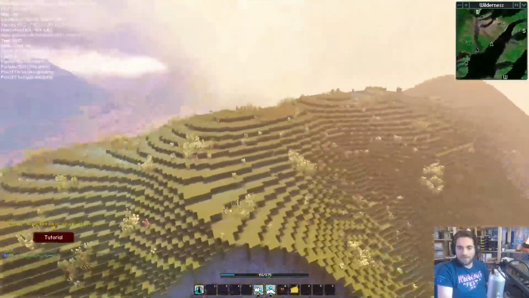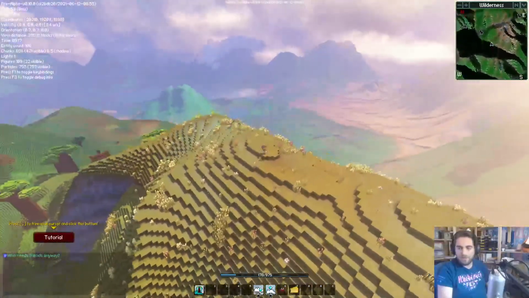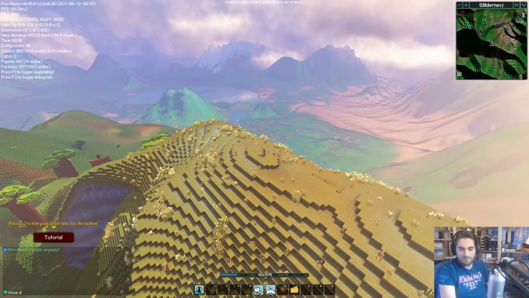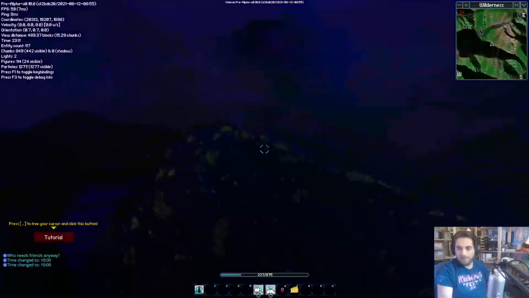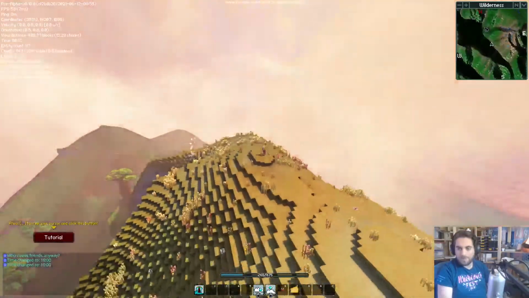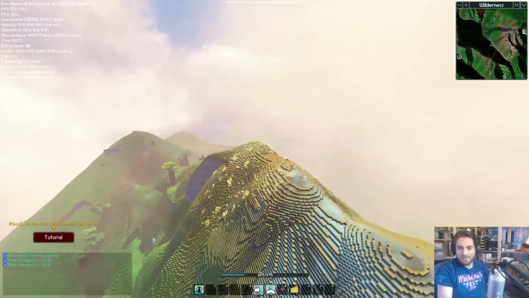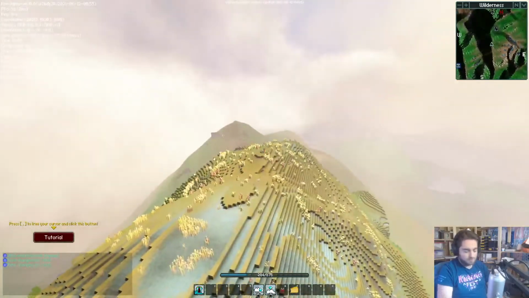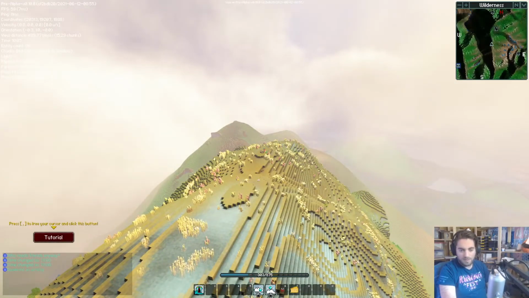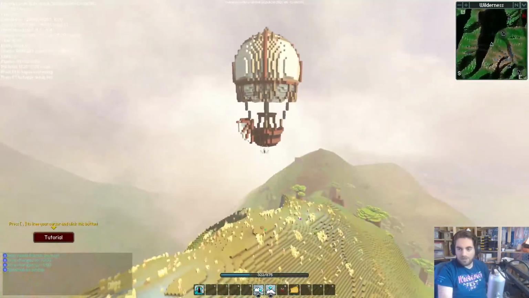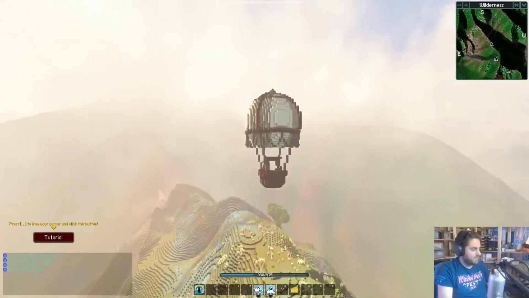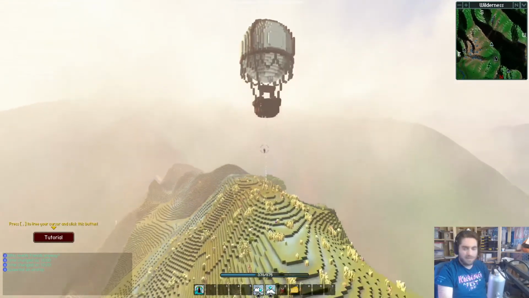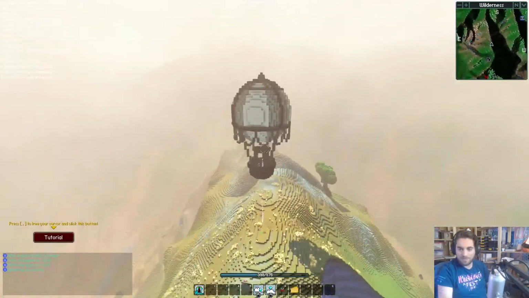I forget if clouds were implemented in this version or a previous one, but if I time day, you can see a full day night cycle happen right here. And so we have volumetric clouds, which I think are super duper cool. I'll spawn an airship up here. I don't actually know how to pilot it. I'm checking the chat. Any questions? I think we have someone here who's answering some stuff for us.